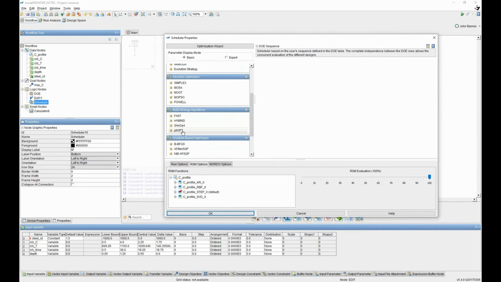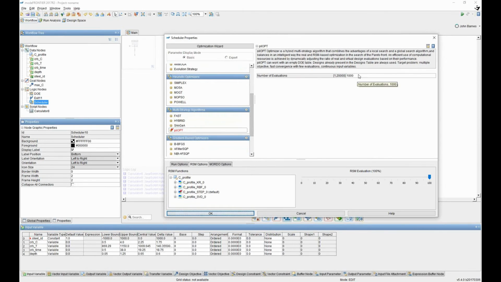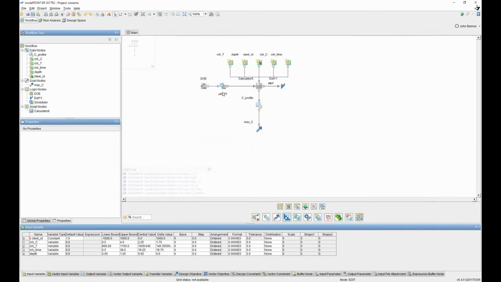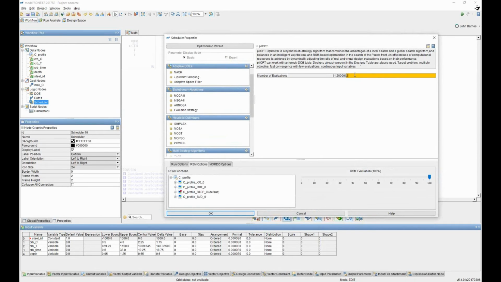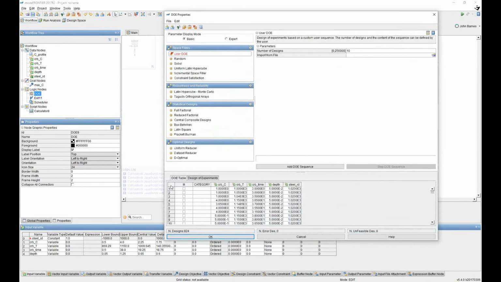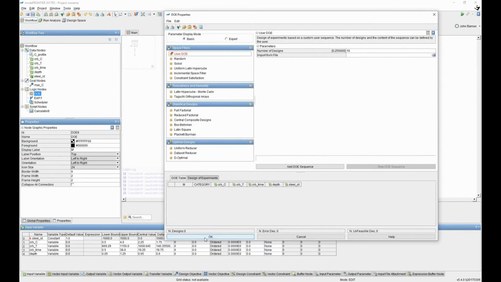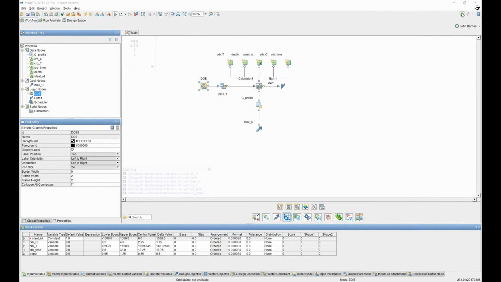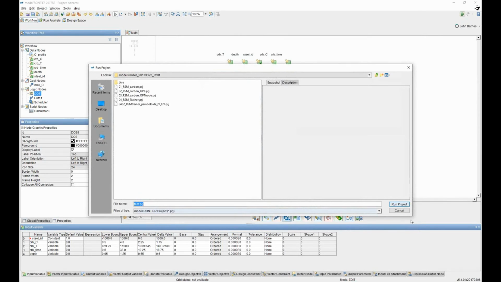I can also apply a strategy. A pilot is our multi-strategy algorithm that's very simple to use. We just set, not 2000, but we just set the number of designs that we want to run, and we don't even have to set a design of experiments or a starting point for the optimization, and then we can click the run button and we can